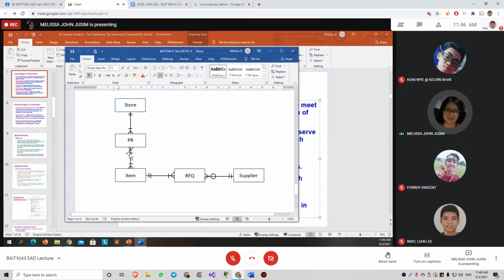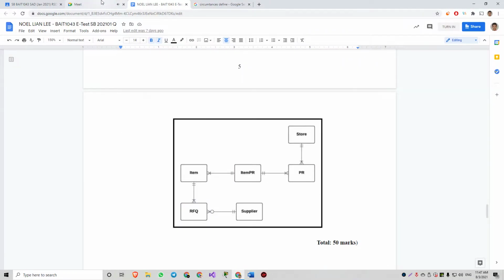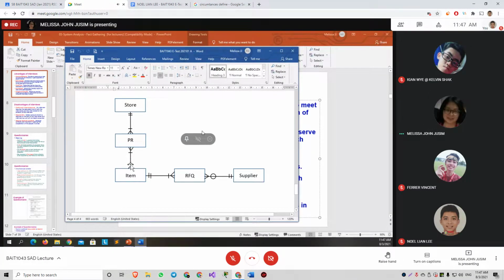So if this is many-to-many, your bridge entity is in the middle, then you should have one-to-many, many-to-one. So at the bridge entity is where you should have the foreign keys, the many side of the relationship. Okay, if you get that correct, I will treat that as a correct answer for the relationship between the PR, purchase requisition, and item.